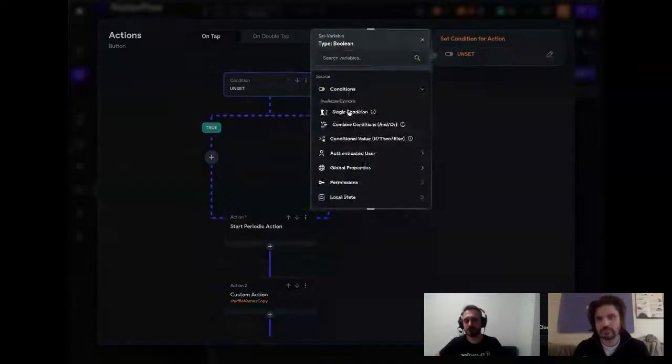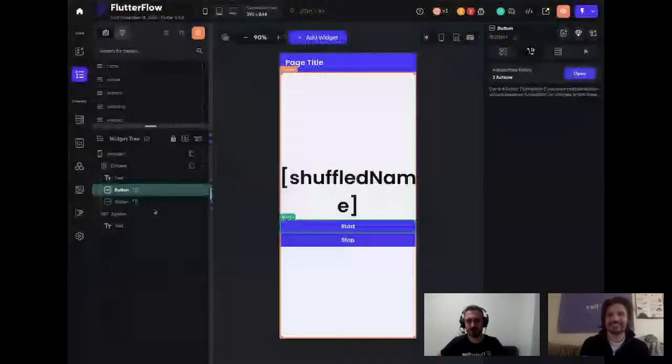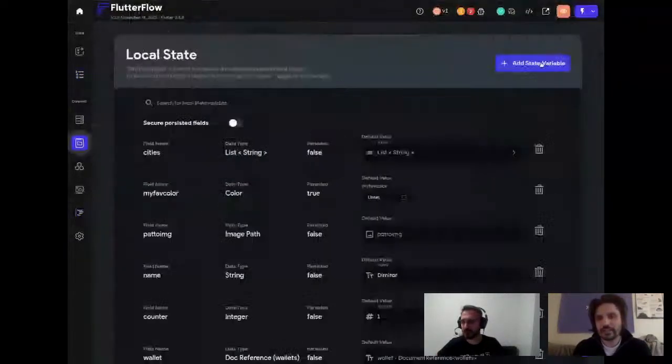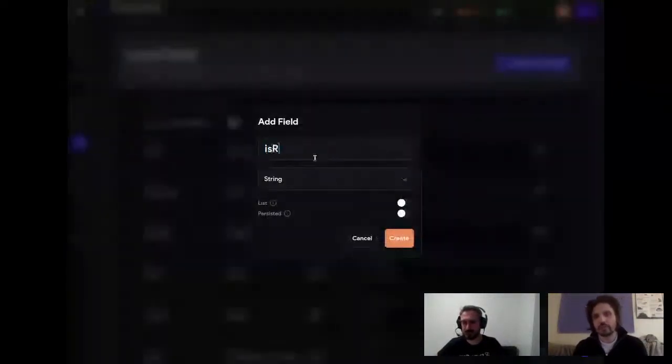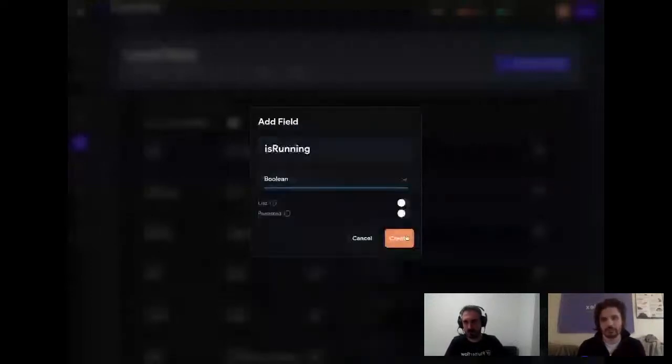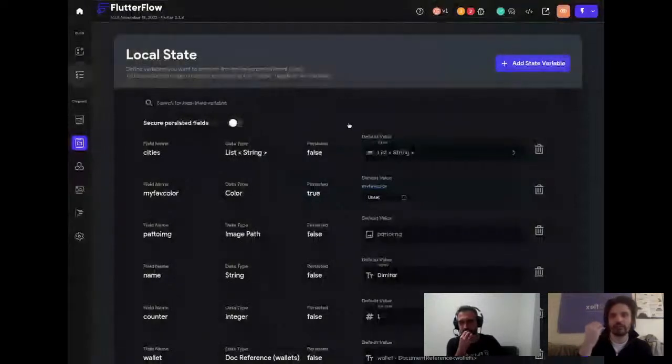Yeah, but how do you? Yeah, I got it. You're talking about this, right? Yeah. So we'll make a custom local state. We'll call it is running, as a Boolean, because this would then be like a play pause button or something. Yeah, exactly. So obviously the default value for this will be false,